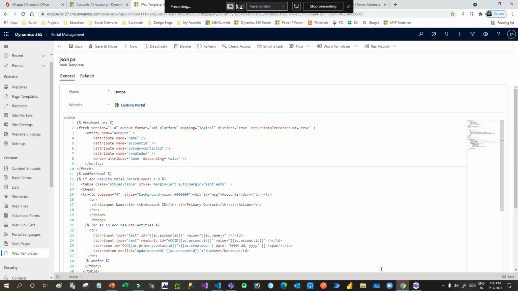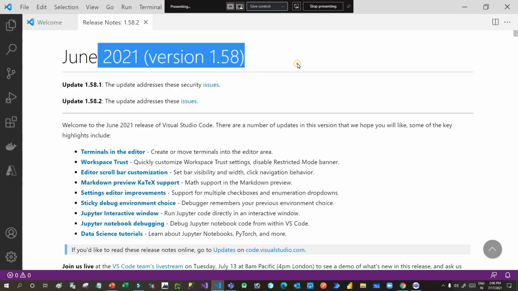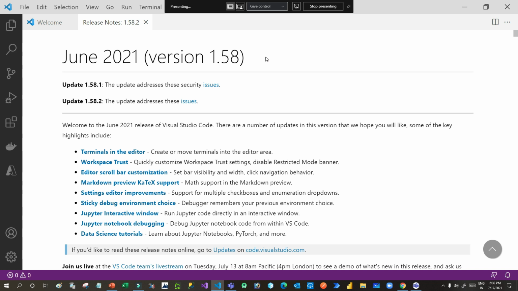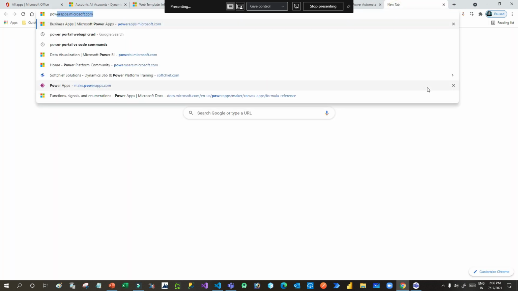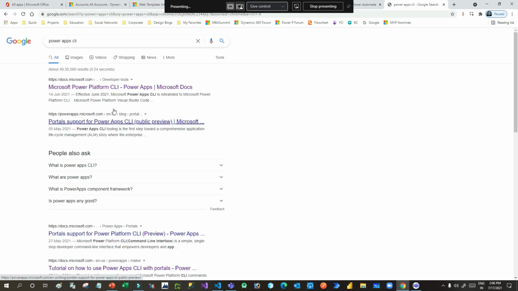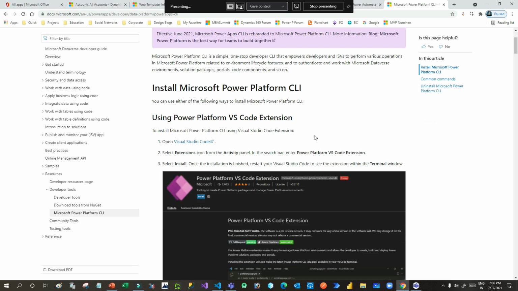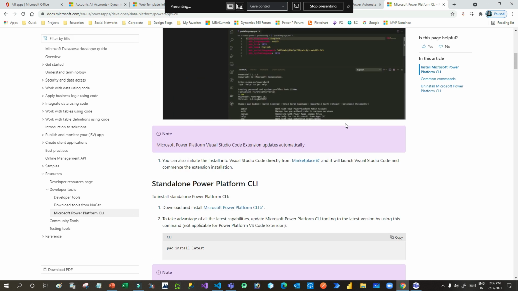Now I will go to Visual Studio. This is my Visual Studio Code, right? This is version 1.58. Before working with this CLI, we have to install Power Apps CLI. If you go here and search Power Apps CLI, you have to install the Power Apps CLI on your machine before using that, because the commands that we are going to use are a part of the Power Apps CLI, right?